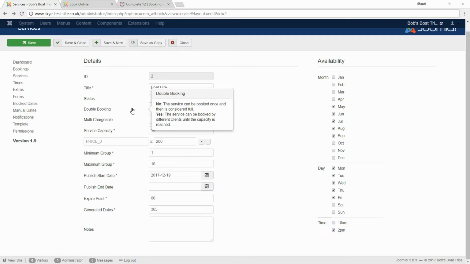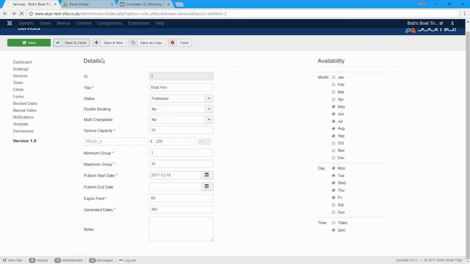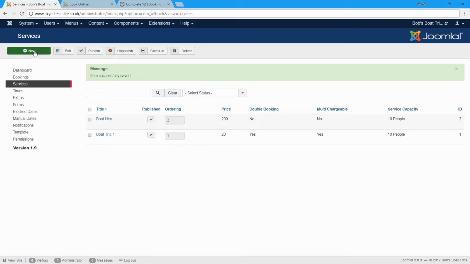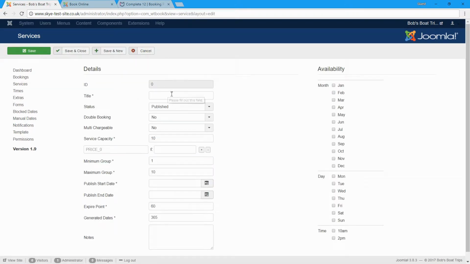So what we're going to do is come out of here and create a new service. Save and close. We're going to go to New, and we're going to give it a title of Bob's Beach Party. Because Bob has decided once a month during the summer he's going to offer a beach party which will be available for booking on his system. Double bookings are going to be set to yes, and multiple chargeable is yes, and service capacity is going to be